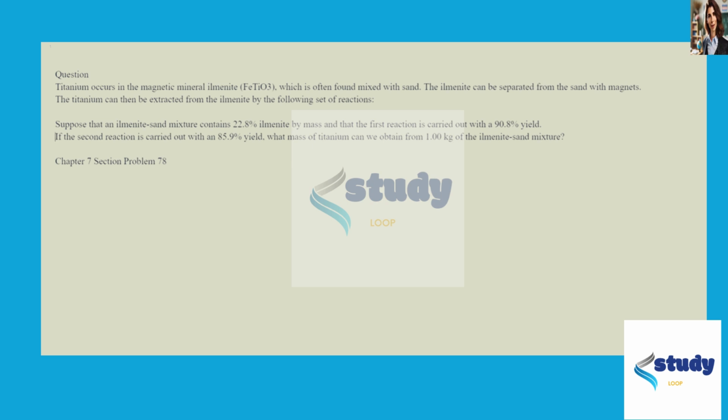So it gives us the percent yields of the two separate reactions being 90.8 and 85.9. It says that the initial percentage of the ilmenite in the sand mixture is 22.8. And it wants to know the mass of titanium that we can obtain from a 1 kilogram mixture of ilmenite and sand. So basically, this is a very wordy question that's saying that if we have 1 kilogram of a mixture,